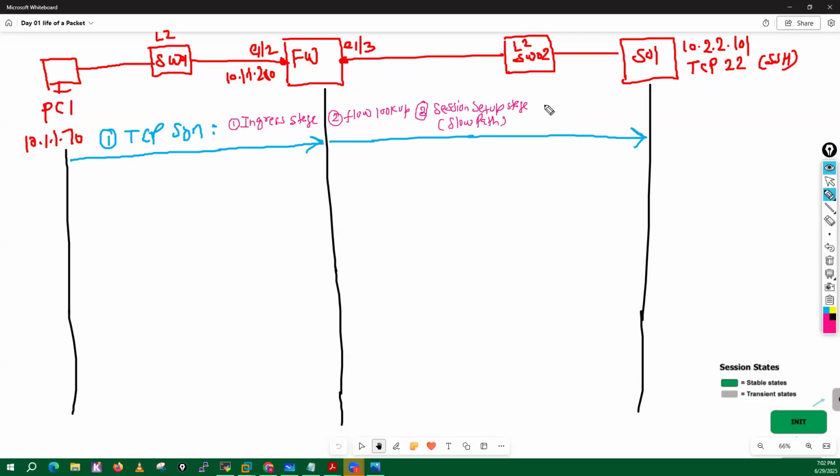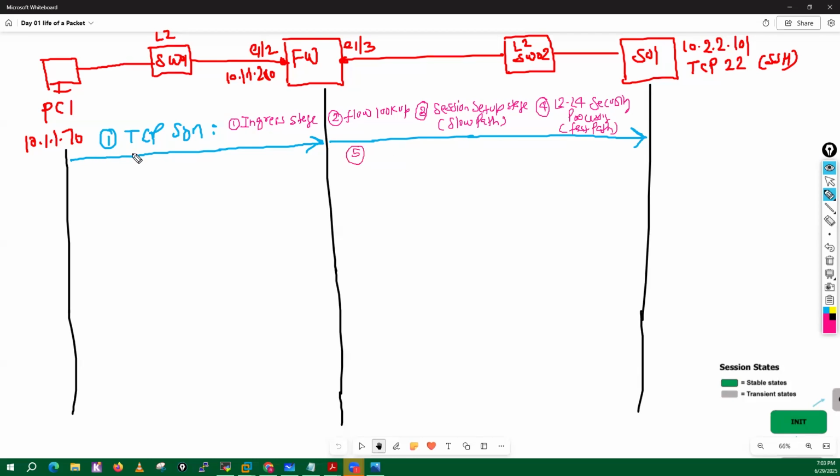Once it completes the slow path, it will go into the layer 2 to layer 4 security processing, which is also known as fast path. Layer 2 to layer 4 security processing or fast path. Then the fifth one,